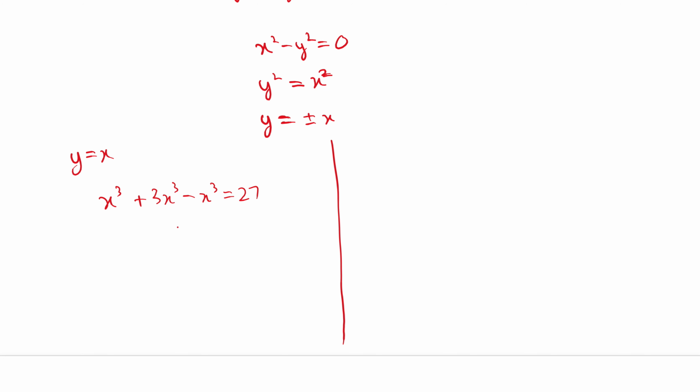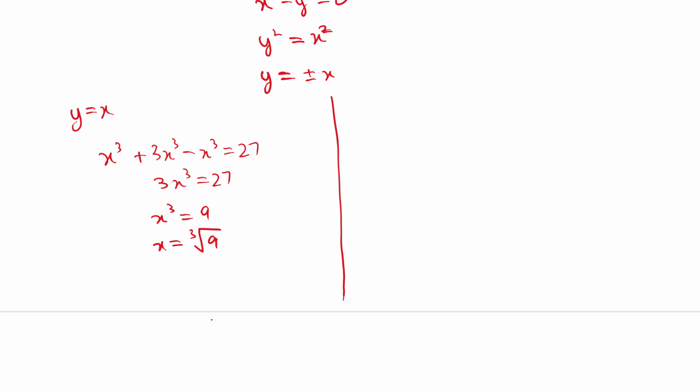From here the positive x cubed and negative x cubed cancel. So this is 3x cubed is equal to 27. From here I can divide 27 by 3. So this is x cubed is equal to 9. So if I take the cube root of both sides, we find that x is equal to the third root of 9. So we have found the x coordinate, and since we know that y is equal to x, we found the first coordinate as